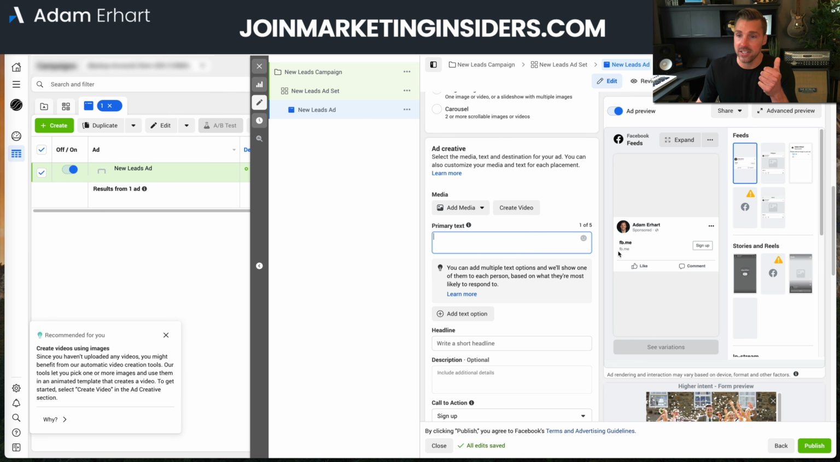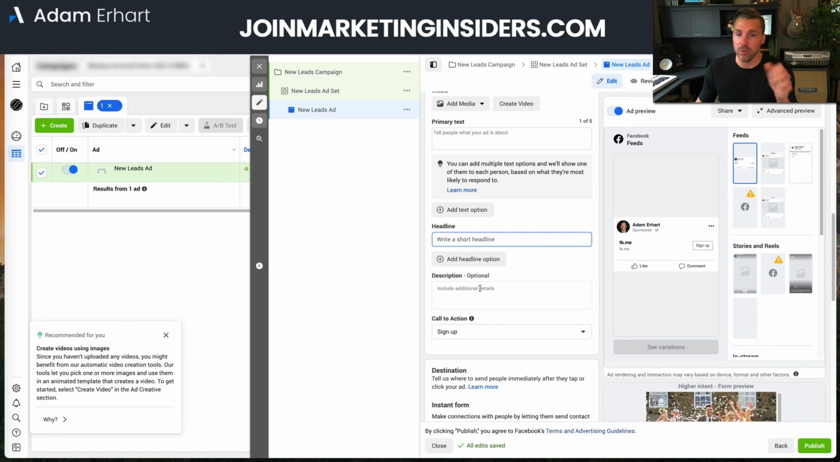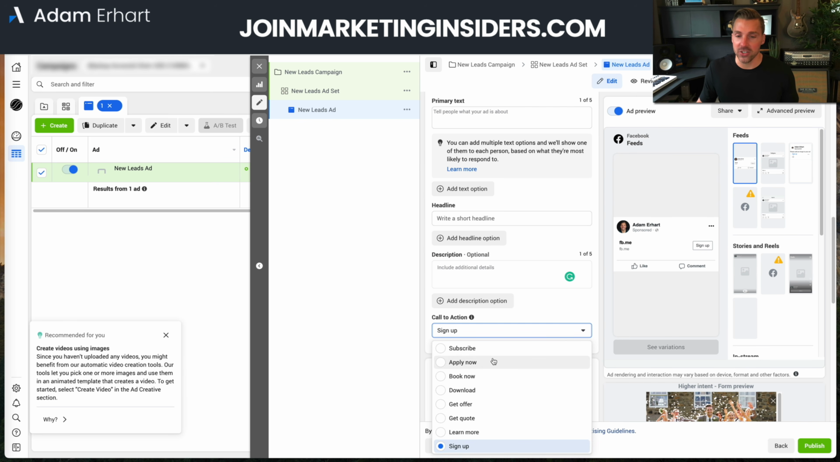This is where the text is going to show here. We're going to add a headline, which is going to show up near the bottom. We can add a description if we want. We've done tests in the past where we put random gibberish in the description and it didn't really affect the conversion rate. That said, I don't like wasting money, so I put it in there and try to write a decent enough description. Call to action, you'll see all of these, which is why people get so confused,